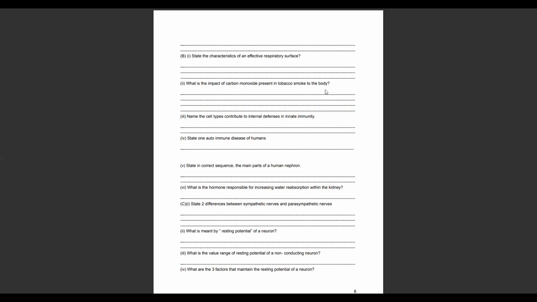Next one, Roman number 2. What is the impact of carbon monoxide present in tobacco smoke to the body? Right? You know, there are nicotine and those kinds of harmful substances in tobacco smoke. Now here the question is about carbon monoxide. So carbon monoxide absorbs into the blood and is able to bind to hemoglobin